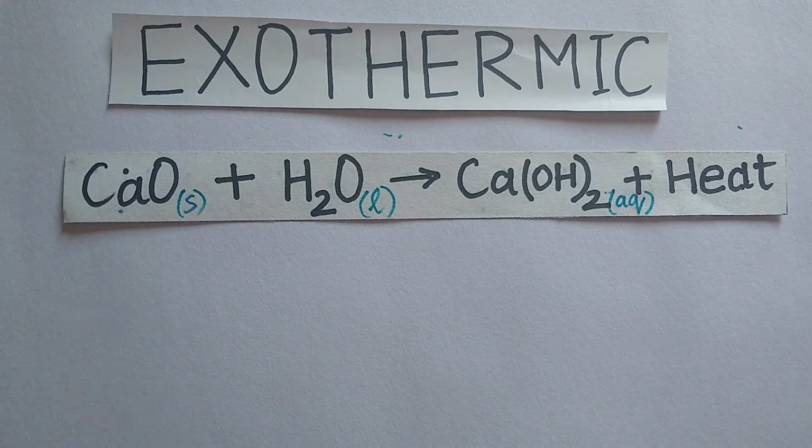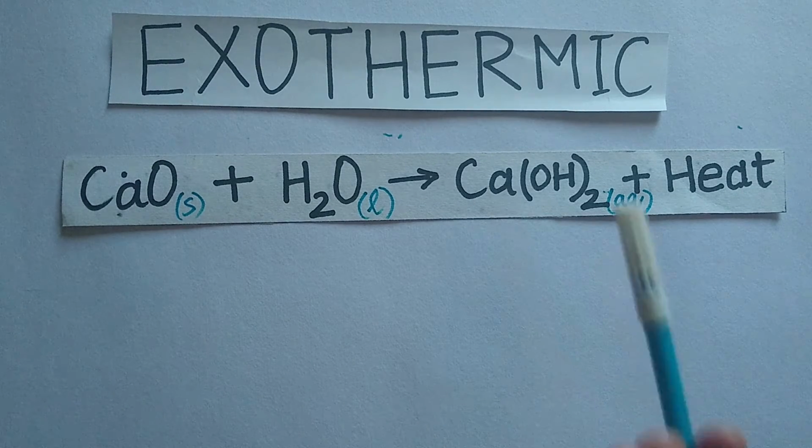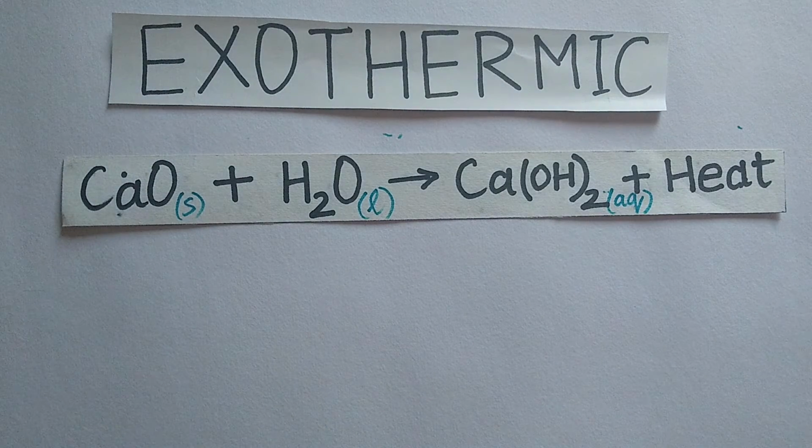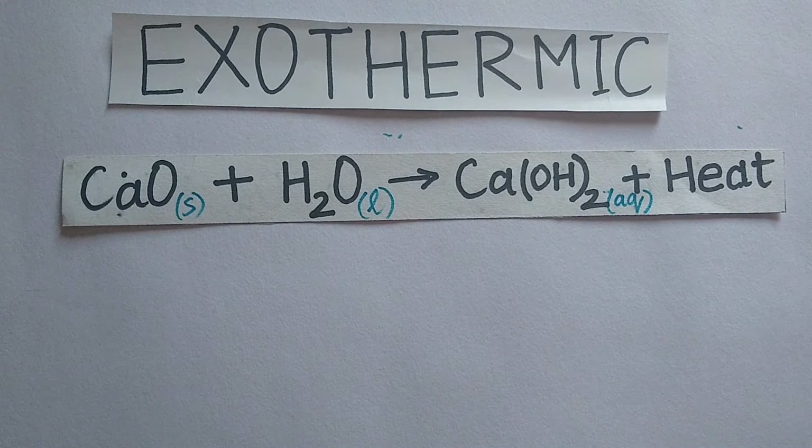Now, because of this heat, this compound that is formed will be a little warm. Now look at the irony. Calcium oxide reacting with water, giving something that is warm. Just imagine adding something to water, and that element will produce heat. Because usually when we think of water, it is something that is putting out a fire, right? But here in this case, when water is added to this compound CaO, it is giving us a warm product, Ca(OH)2. So this is an exothermic reaction.